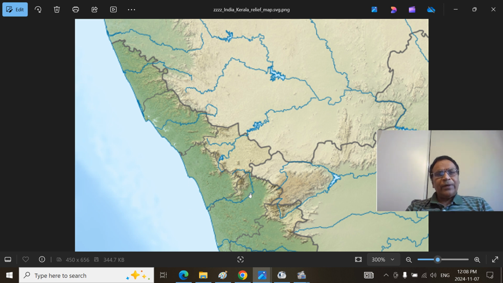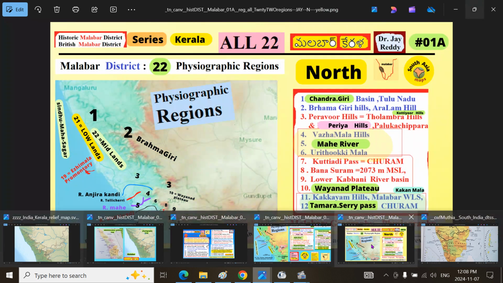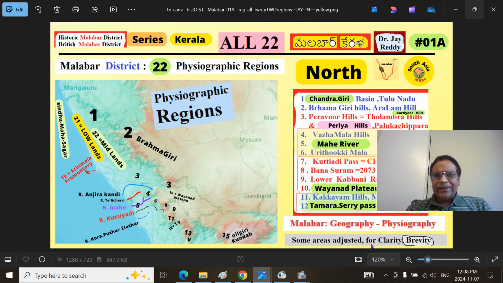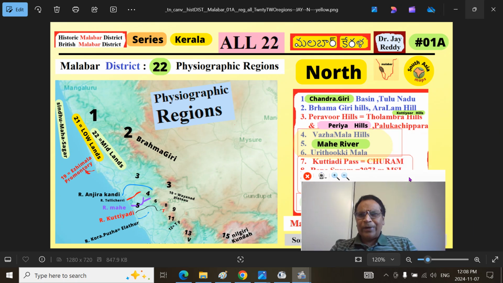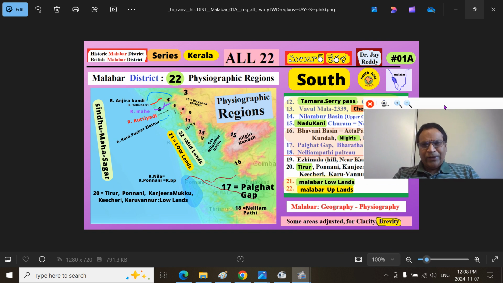When we see the Baipuru here, that means this is three promontories: the Modadi promontory, and this is the Kannur promontory, this is the Izimala. That means Tamaraseri Pass, this is the one. You can see that blob here is the Kalpetta mountain range. So that's what I wanted to talk about, and in the next presentation we'll see the southern part of the physiographic regions.